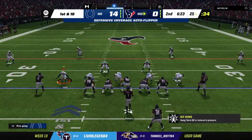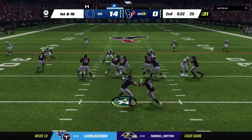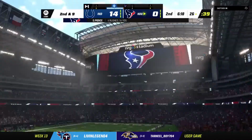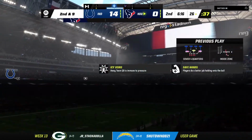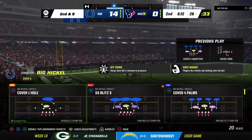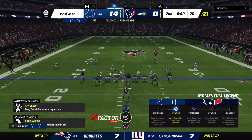The Texans offense ready to go here for their next drive. And they're in a bind early here, down 14-0. Are you worried at this stage or still too early? You're worried. You're just trying not to transmit it to the rest of your team. You want to make sure that they stay positive. But at the same time, you're wondering, how are we going to move the football? What do we have on this play sheet that can work